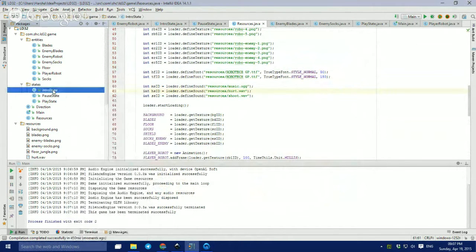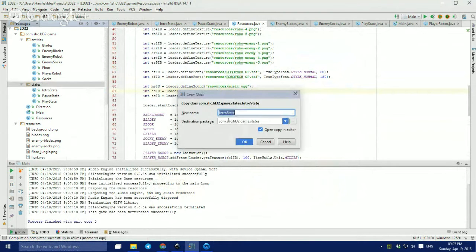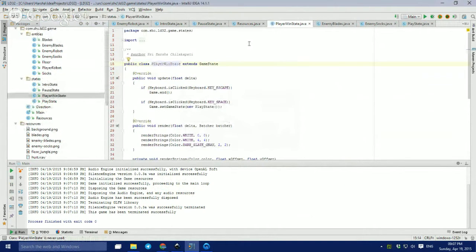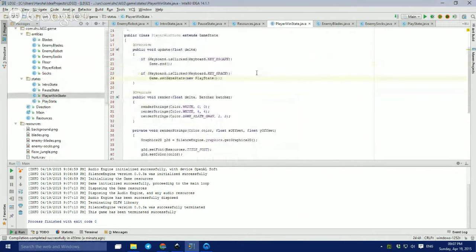So I'll copy this intro state again and paste it as player win state. On this, if you press space, it will replay the game to the new play state,